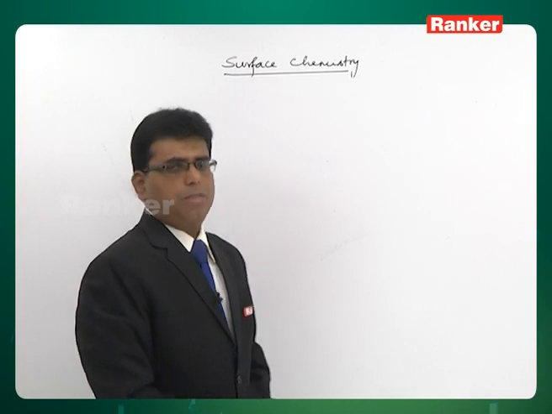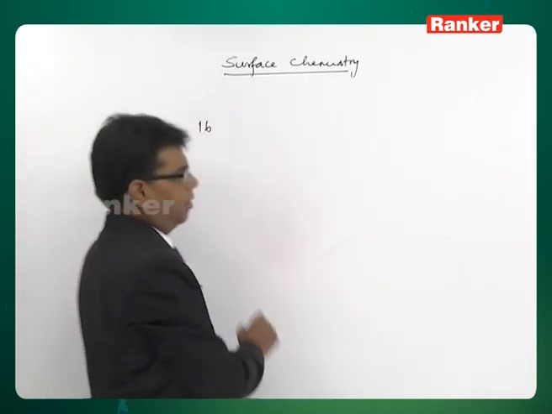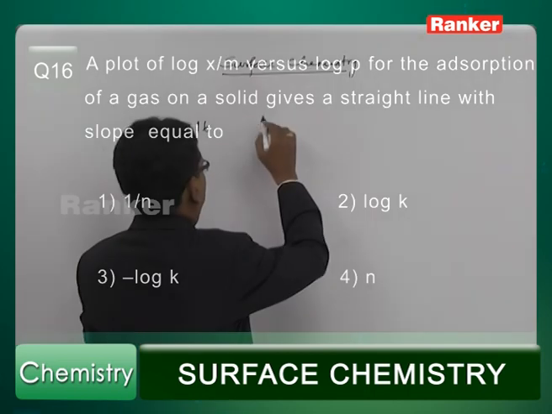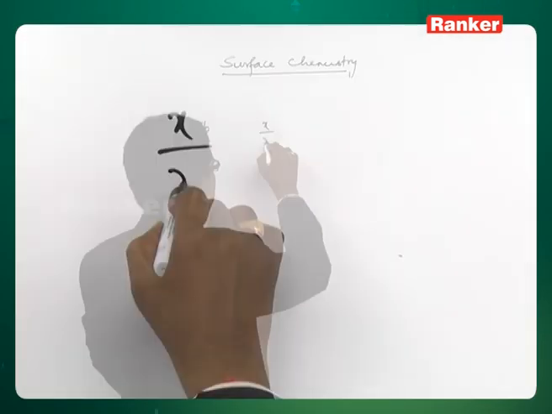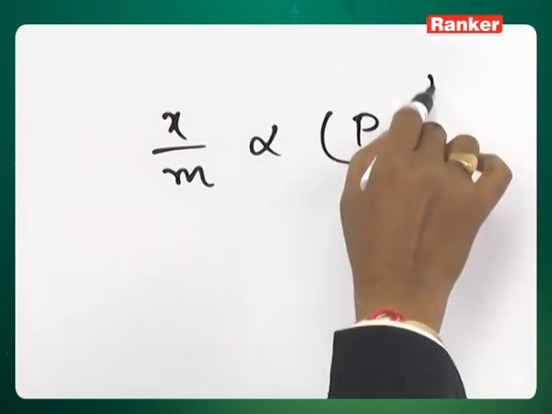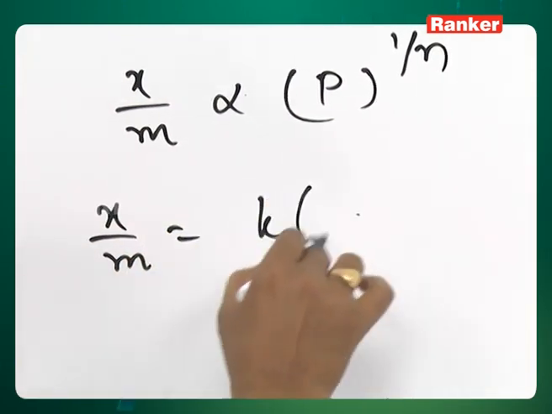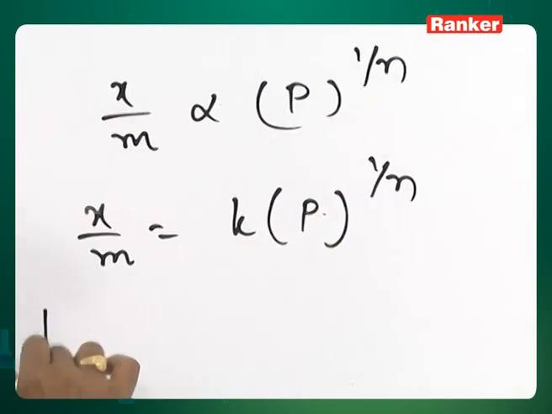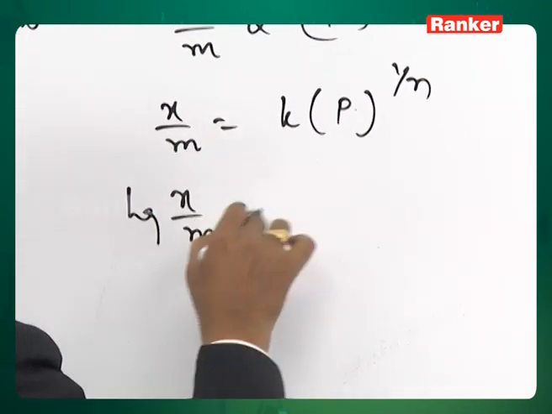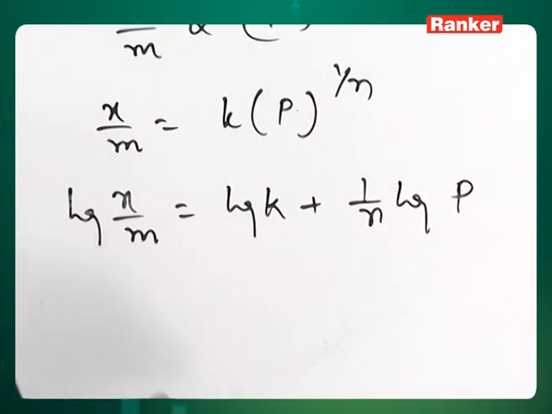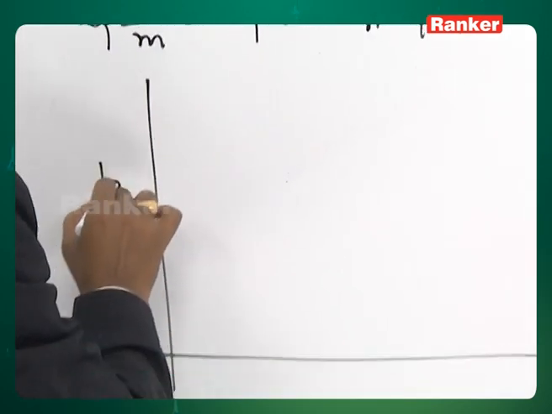Now, let us move on to question number 16. A plot of log x by m versus log p for the adsorption of a gas on a solid gives a straight line with slope equal to? Here, on the Freundlich adsorption isotherm, x by m is proportional to p power 1 by n, and from this you can write x by m is equal to k p power 1 by n. Now if you take the log, log x by m is equal to log k plus 1 by n log p. So, if you draw a graph of log x by m versus log p,